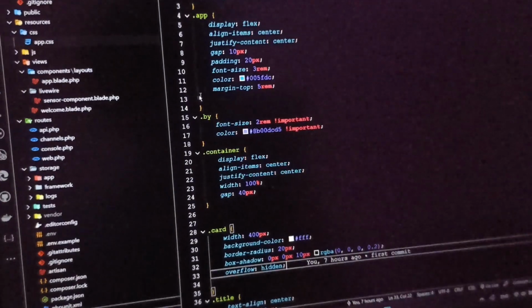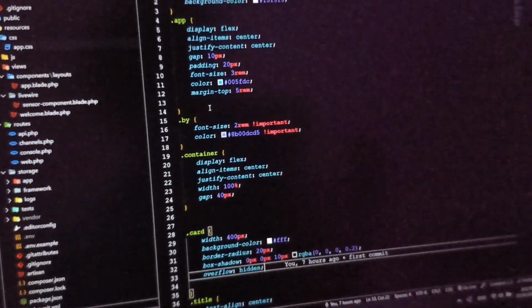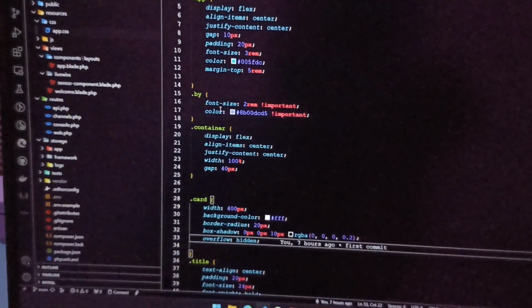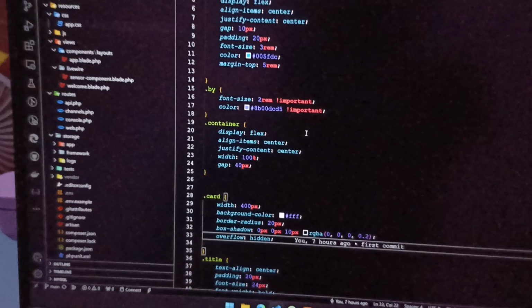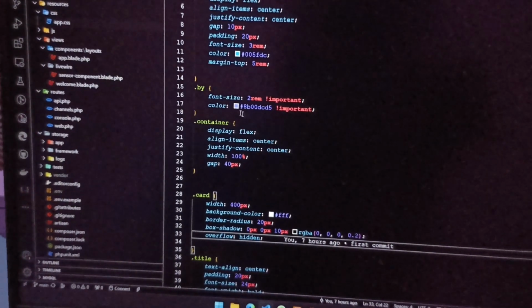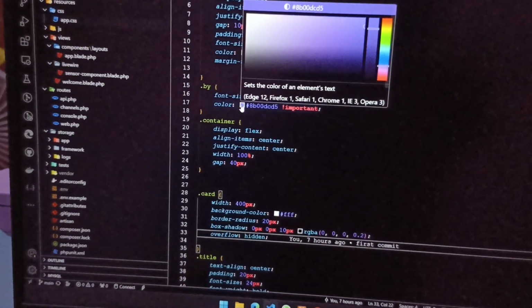Okay, and margin top is 5 rem. This font size is 2 rem. Color is purple.